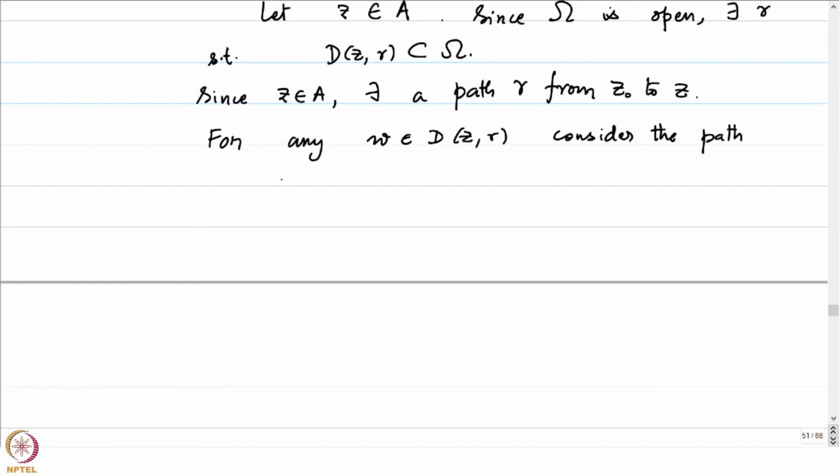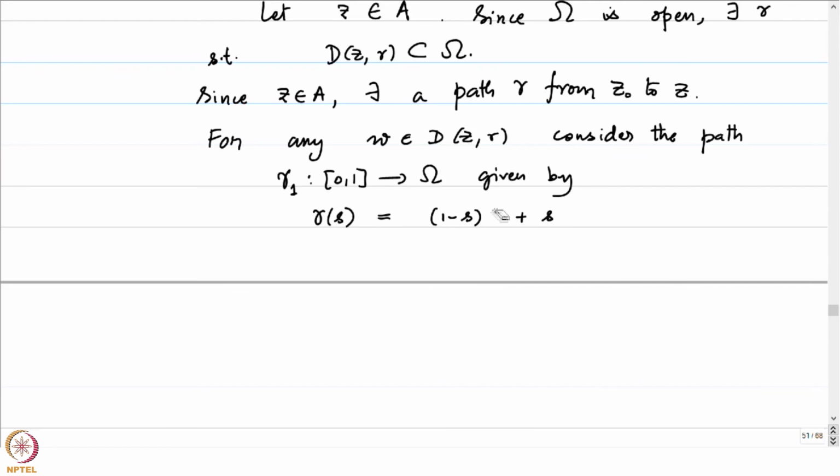What do we call it? Sigma, or maybe gamma prime. Gamma prime is not a good one. Gamma 1 from 0, 1 to omega, given by gamma of s is equal to... it's a path which I want to start from z and which ends at w. So it will be 1 minus s times w plus s times